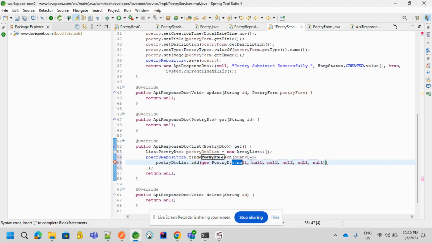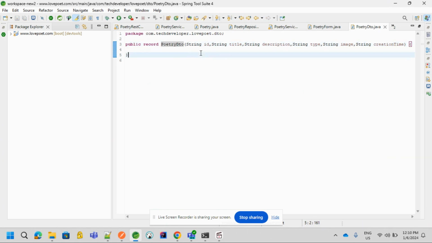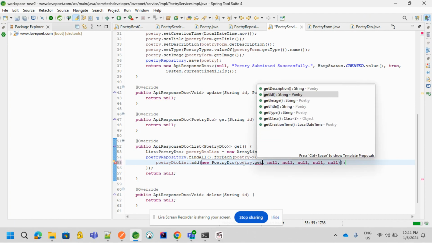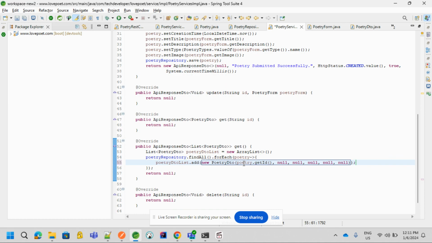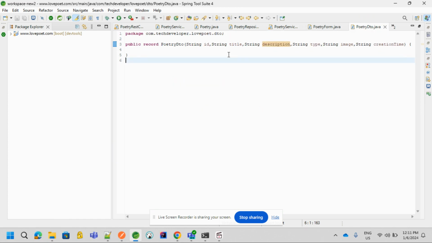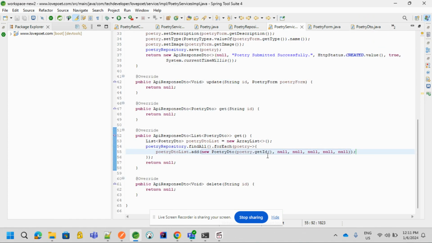New poetry DTO. Inside the DTO, what is the poetry DTO actually? It is a record: ID, title, description, type, image, and creation time. So let's put the data similarly. First will be the ID, so poetry dot get ID. Then another thing is the title. Let me check in the poetry DTO. So next is title, then description. Next is title, right? So we will do poetry dot get title, and similarly the third one is description. So poetry dot get